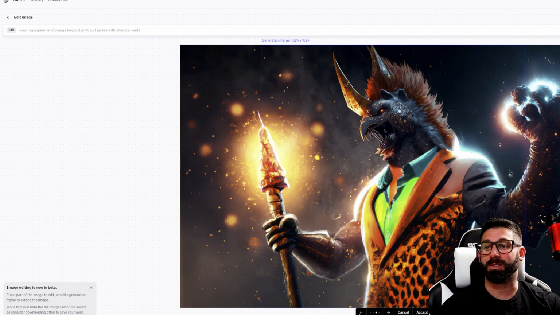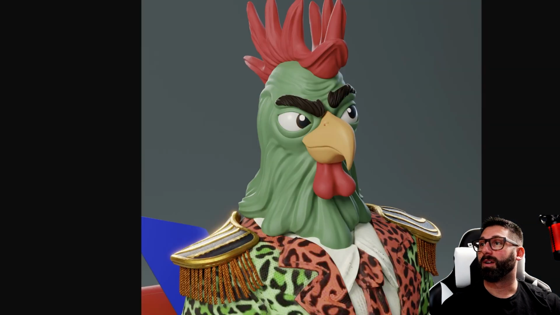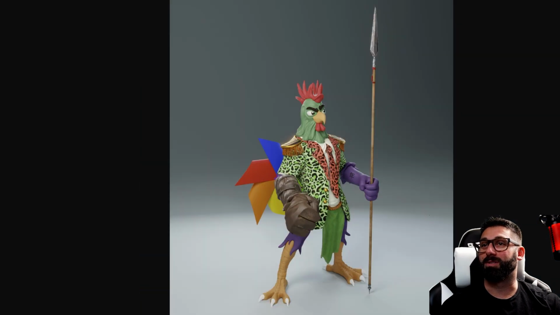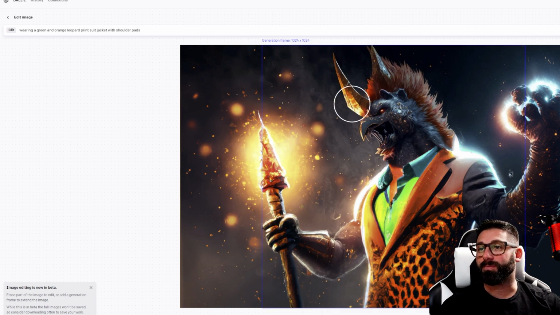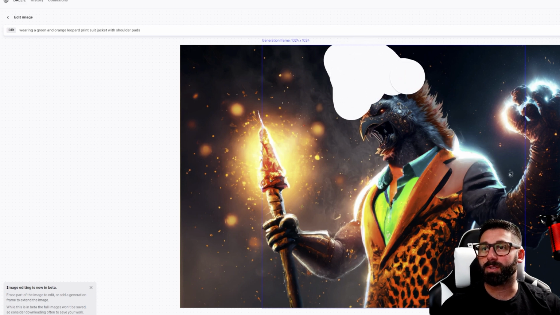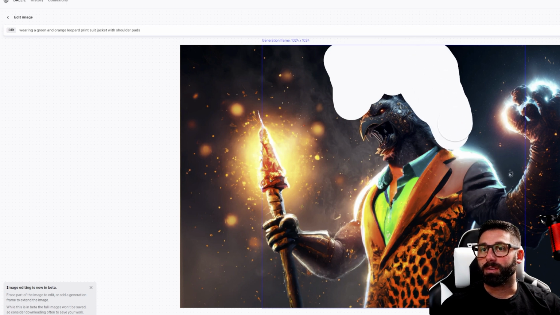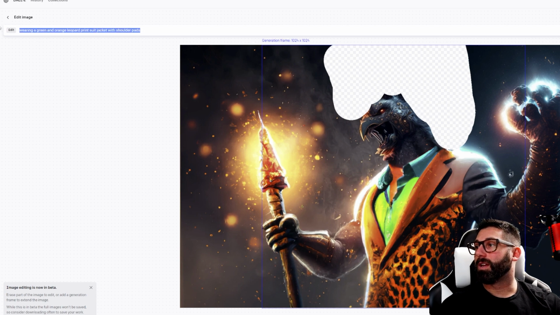But let's back up to this guy. I think this one's awesome. That's pretty close. So I think I'm gonna keep this guy. Then I want to change the hair a little bit. So now I'm gonna erase that part. I don't really know what's going on here with this thing, but I'm gonna do this, and I'm gonna say, let's kind of give it some room to have some space here, and I'm gonna say,